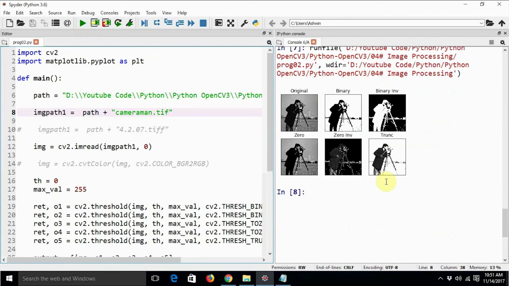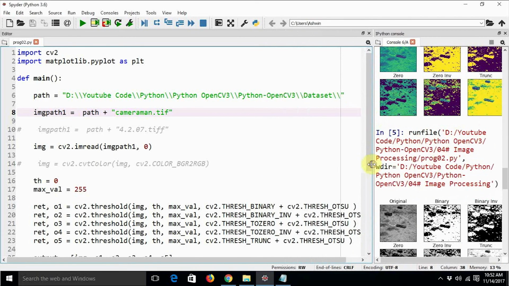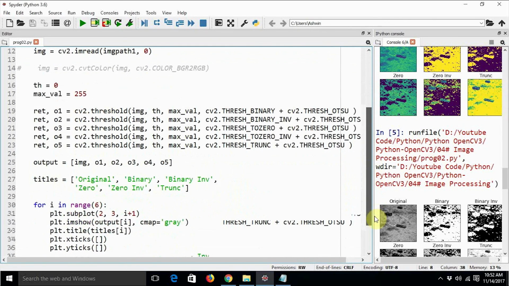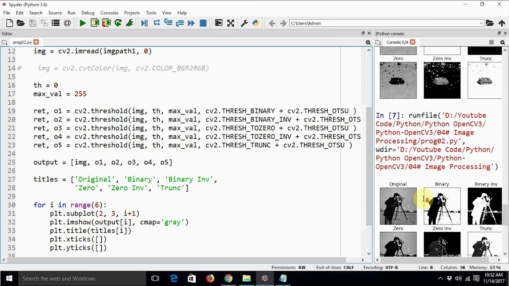Here we can clearly see the cameraman in the foreground, and it takes appropriate measures to separate the foreground from the background. Here the image is segmented. It has been binarized the way we wanted. So this is how we can use Otsu's binarization with the thresholding methods in order to separate the foreground from the background in the case of bimodal images.